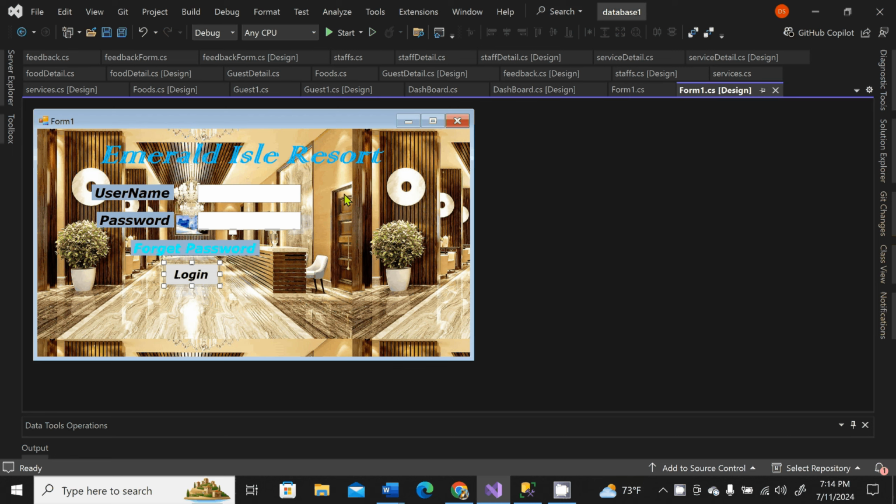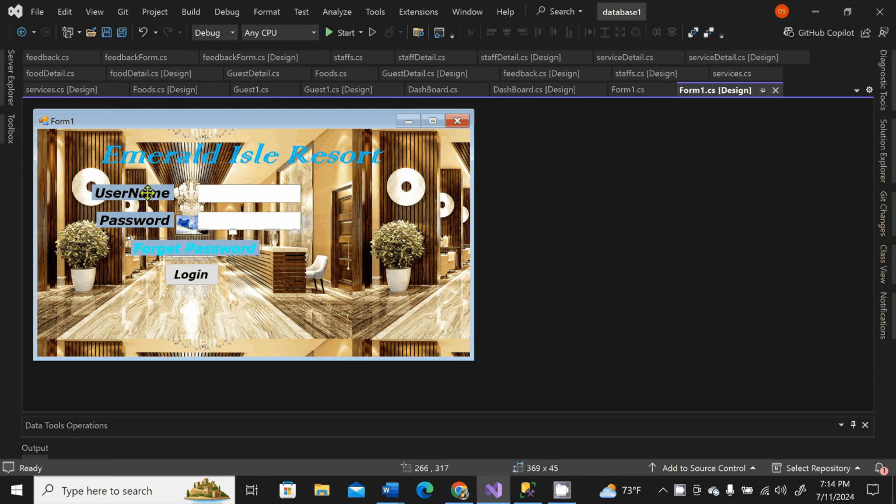For this I have chosen two textboxes and two labels, with a login button and a forgot password button. To make this form,